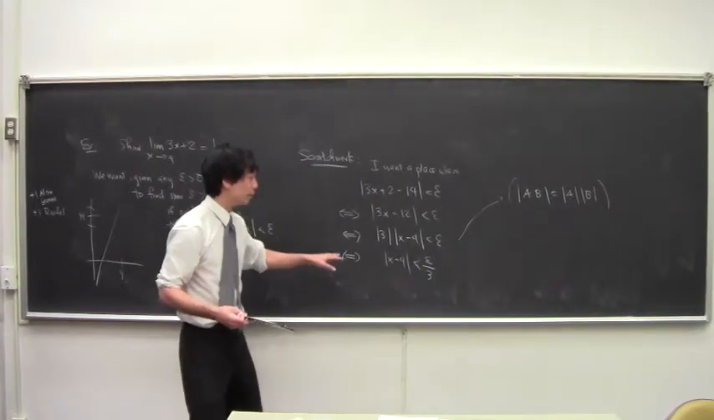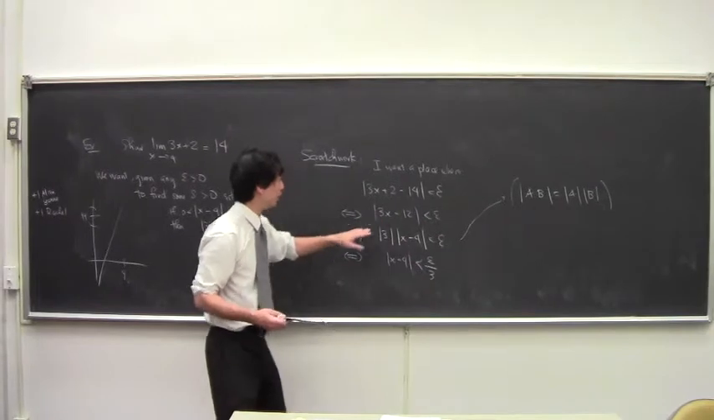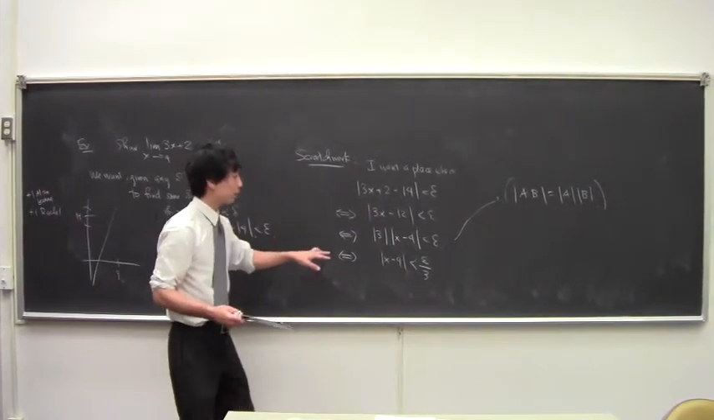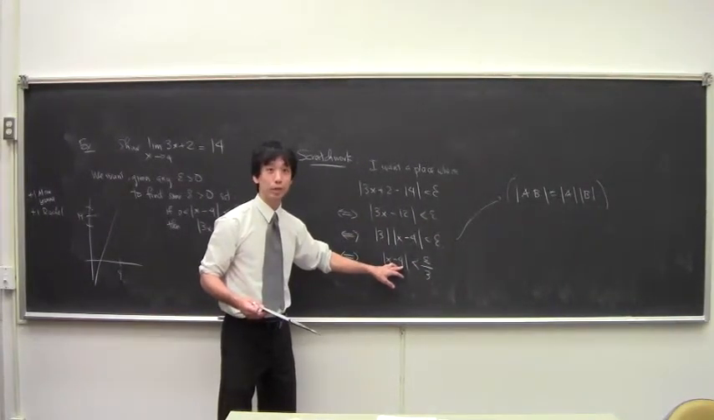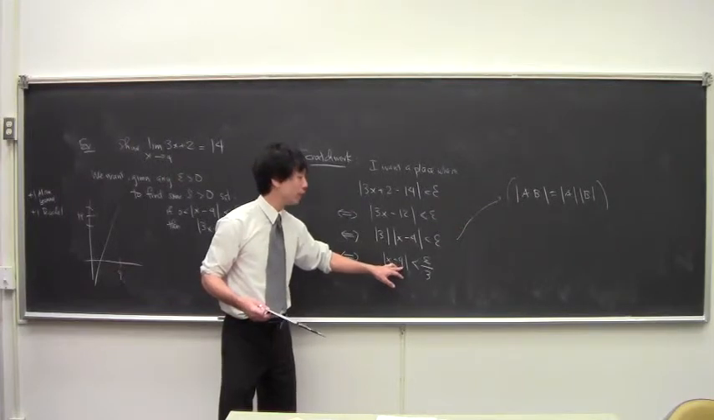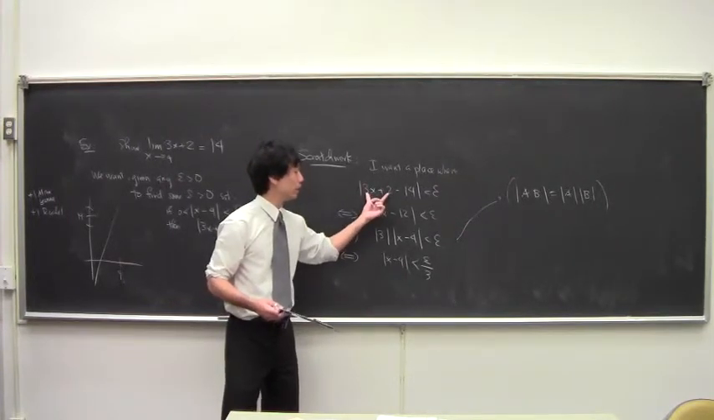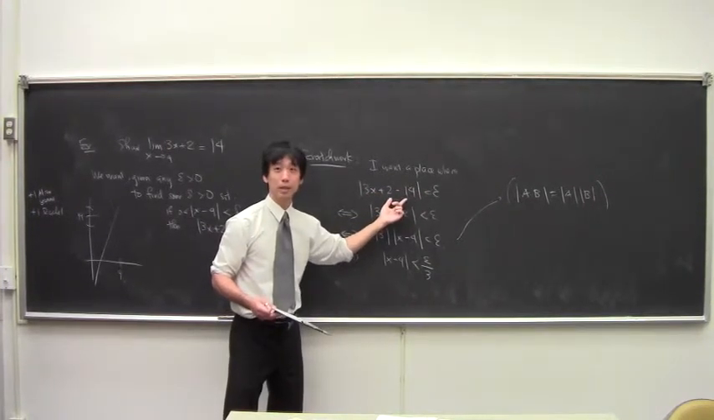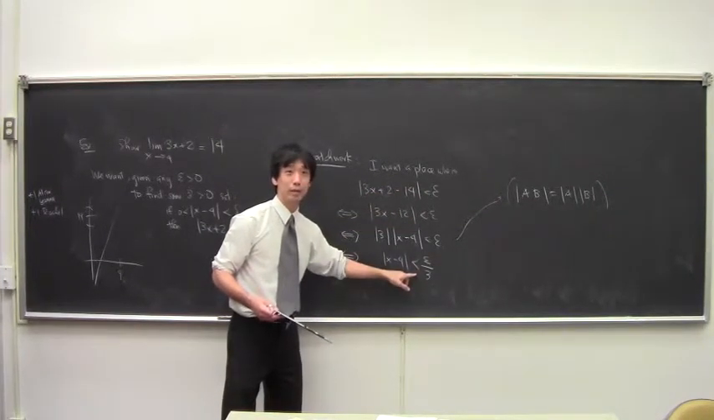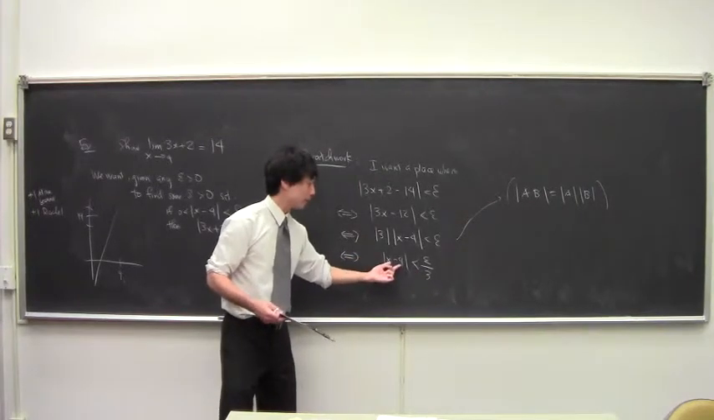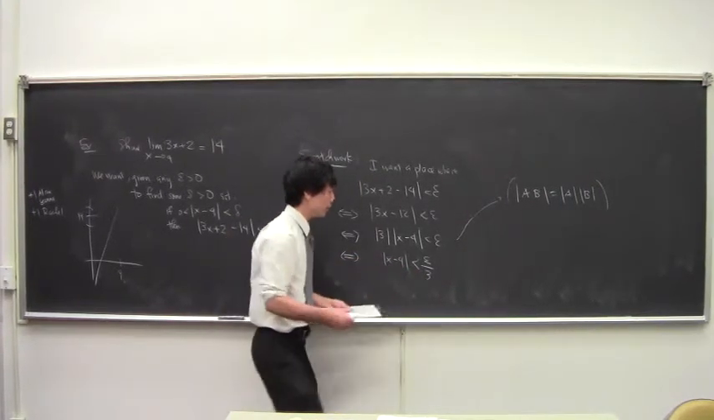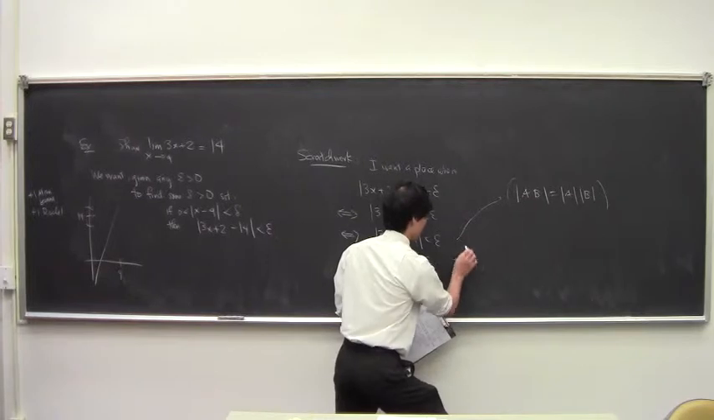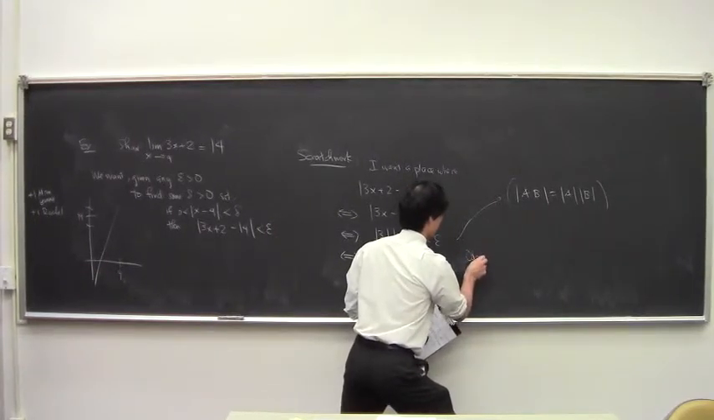Okay, and then you say, well, look, that's great. In fact, we were trying to find a distance to 4 that would ensure that the distance of 3x plus 2 to 14 was less than epsilon. And lo and behold, we found it. So we noticed, observe,